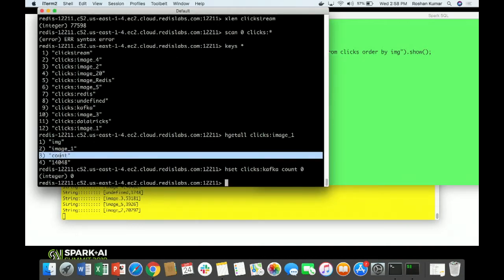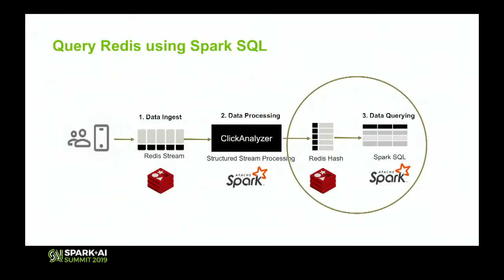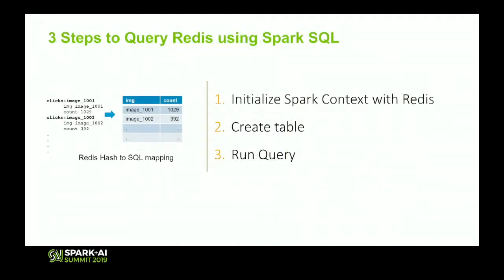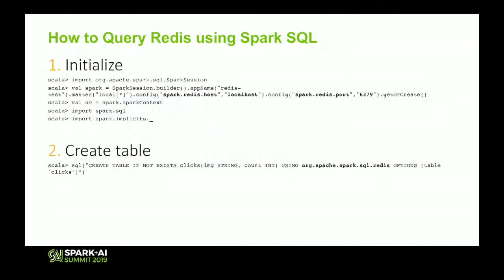And all hash objects here, they all have the same structure. So I'm doing that mapping here, right? And then finally, it's the same thing. You need to initialize, connect to your Redis server, and then you need to create a table if it doesn't exist. And in that definition, you are telling Spark SQL, hey, create a table with this name and map, and you're defining all the maps. And map this hash that starts with name clicks to a table called clicks, and then